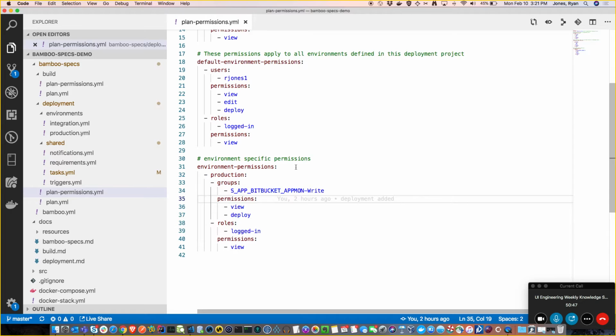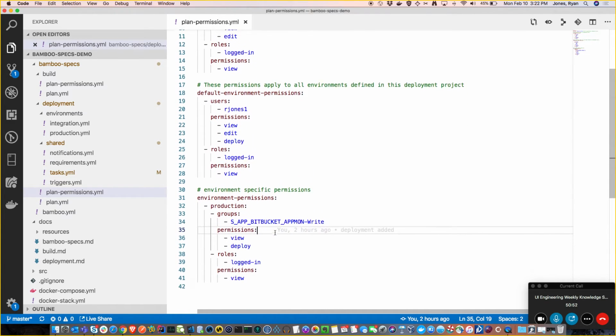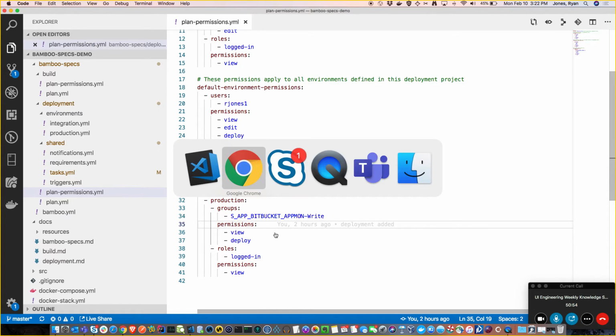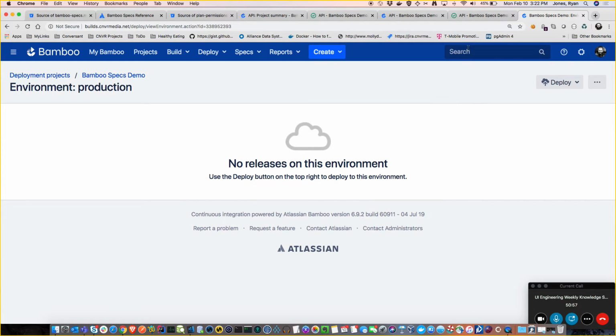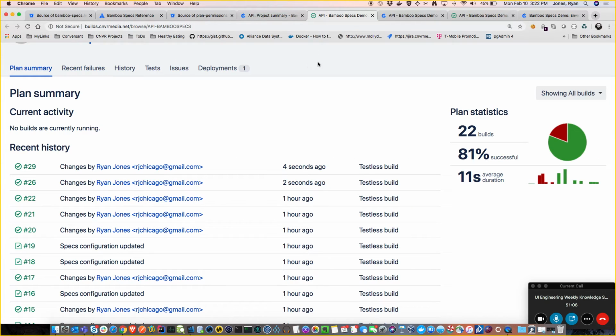So that's the permissions there. And that's really cool how they did that, because it would have been tricky otherwise. And you don't have that capability or ability to do that in the legacy way. So if you have edit rights on the deployment project, you can go in there into the production environment and grant yourself deploy rights, sneak a deploy out there, and then remove your permission, and